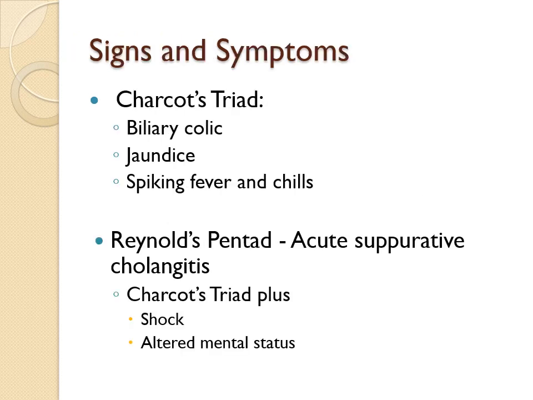So what are the signs and symptoms of cholangitis? We have the classic Charcot's triad. This is made up of biliary colic, jaundice, and spiking fever. Now take note, for it to be considered Charcot's triad of cholangitis, it should follow this sequence. It should start with biliary colic when the choledocholithiasis obstructs the biliary tree. Therefore, there will be an increase in pressure in the bile ducts. Then this will be followed by jaundice because of the obstruction, and this will be followed by fever, with